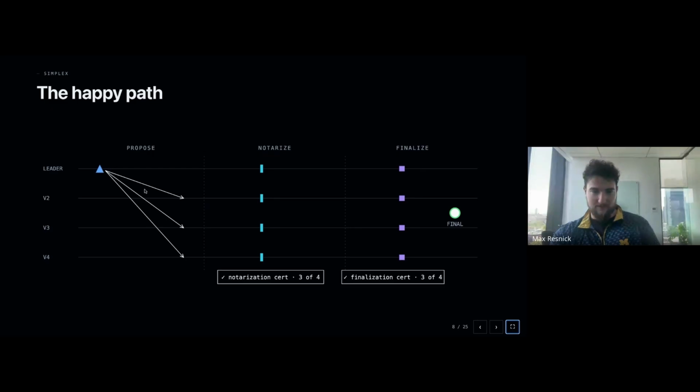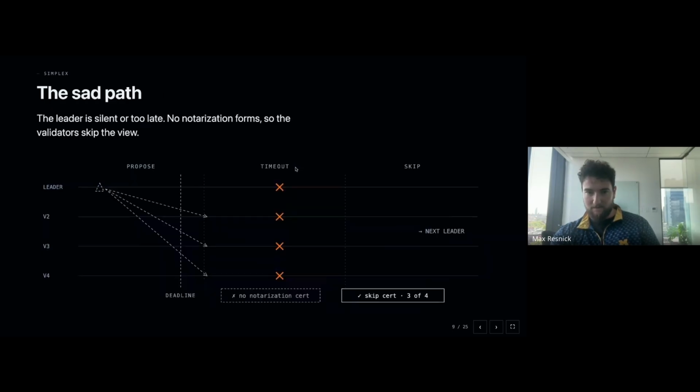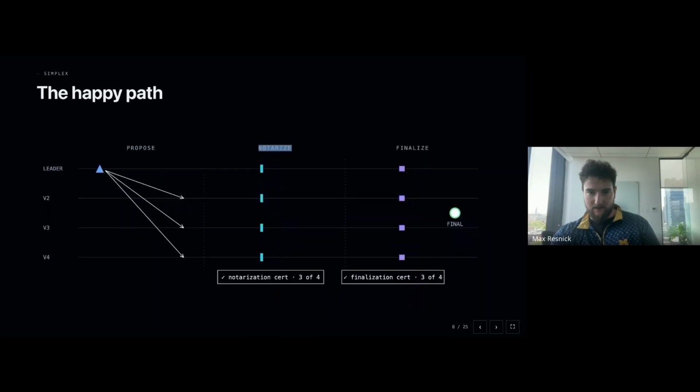One leader proposes the block, and he sends that block out to everyone. That's these white arrows here. So that would be Turbine, sending the block out to everyone. And if that block arrives before a deadline, then we produce a notarized vote.